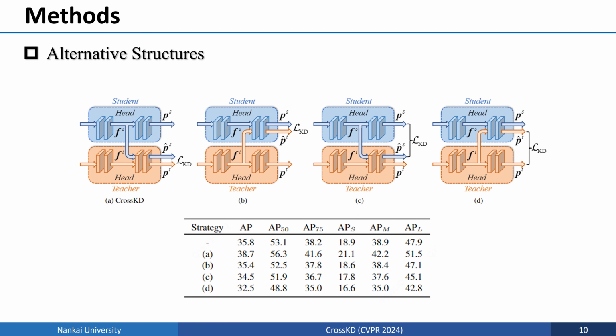We also test other crosshead strategies, illustrated in the above figure. As presented in the above table, strategy B performs significantly lower than CrossKD. We hypothesize that this may be attributed to the suboptimal optimization of the student's blocks in the early training phase. Strategies C and D still perform both distillation and detection losses at the student's detection heads, so the target conflict problem still exists. Moreover, these strategies also have limited impact on the student's backbones.